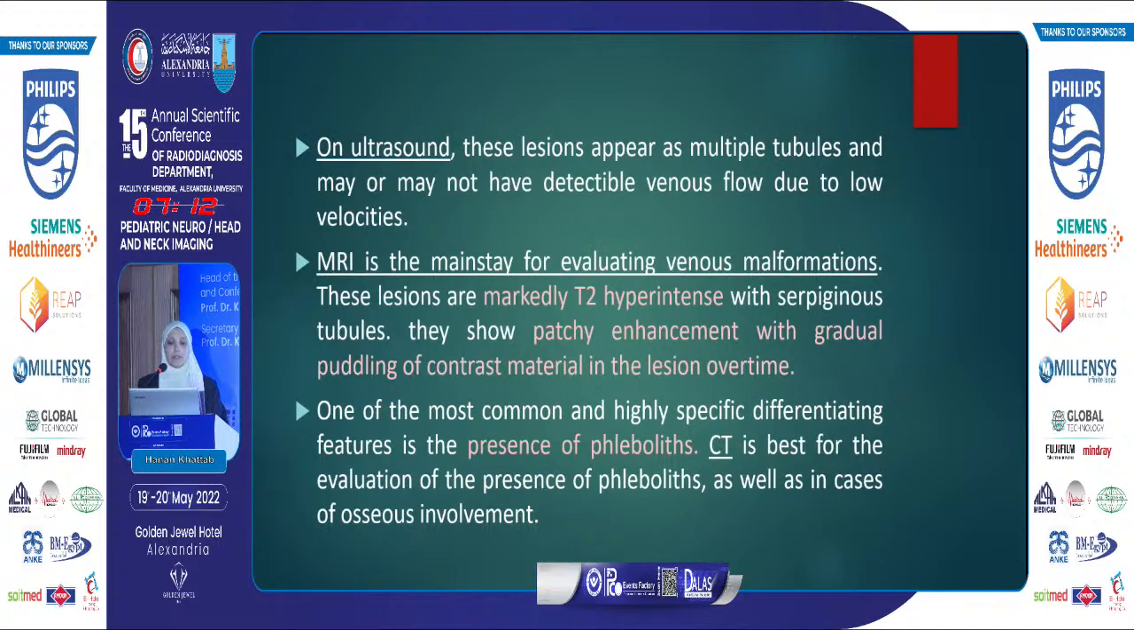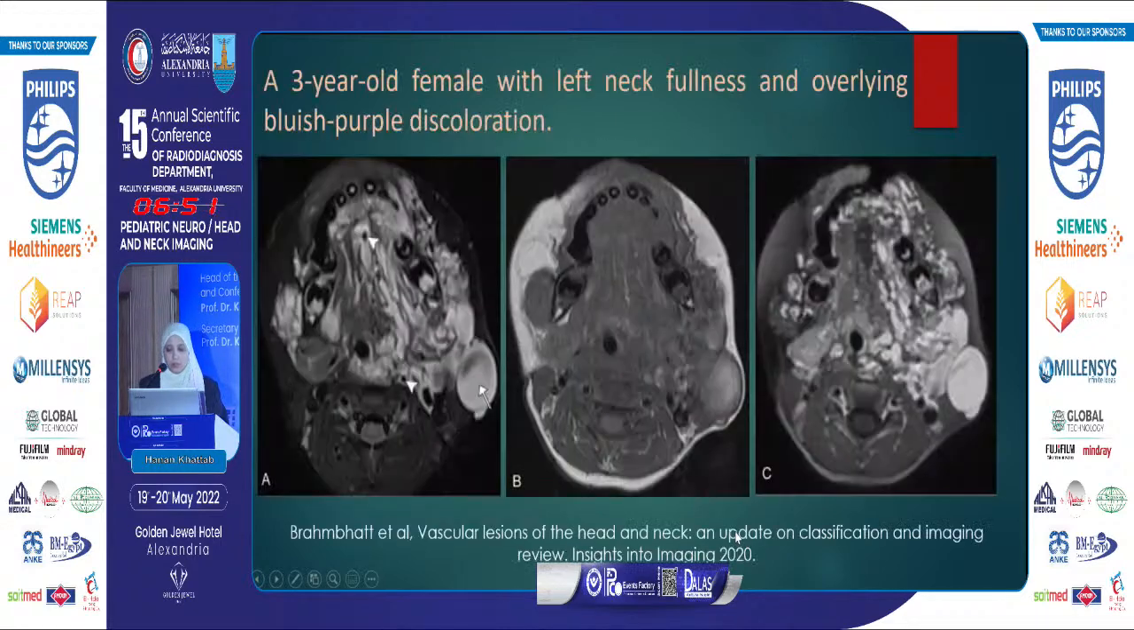It shows marked hyperintense signal on T2 weighted images, and after contrast injection, they show patchy enhancement with gradual bubbling or filling of contrast in the lesion over time. The most specific differentiating feature for venous malformation is the presence of phleboliths, and CT is the best for its diagnosis. Here is an example of multispatial venous malformation involving the floor of the mouth, sublingual, submandibular spaces bilaterally, parapharyngeal, and retropharyngeal space,